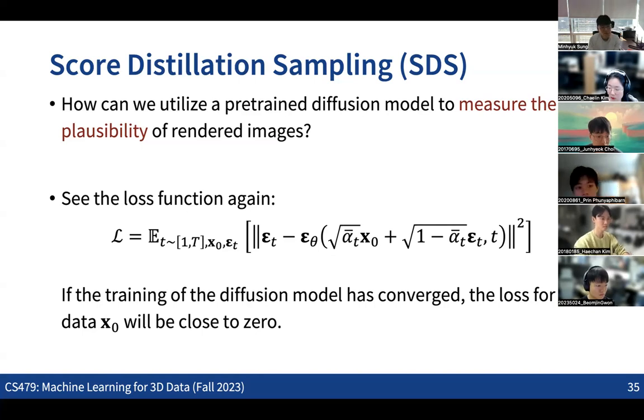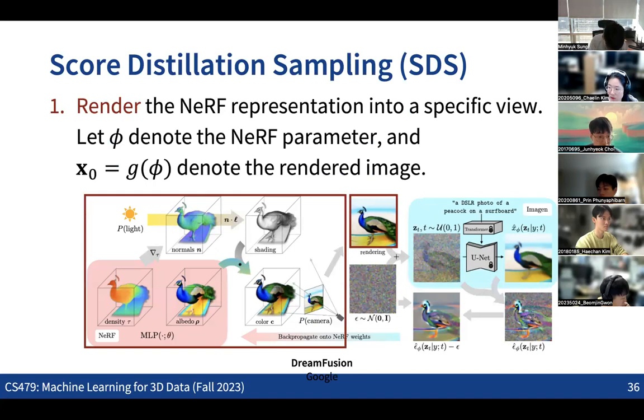So this is a very simple idea. And obviously, I'm not sure whether this is the best way to utilize diffusion models for those kinds of cases, but this is one simple idea that we can really consider. And it has been demonstrated as a very effective idea in many applications that we can see. So the very basic idea here is, if we go step by step, let's say we have the NeRF representation.